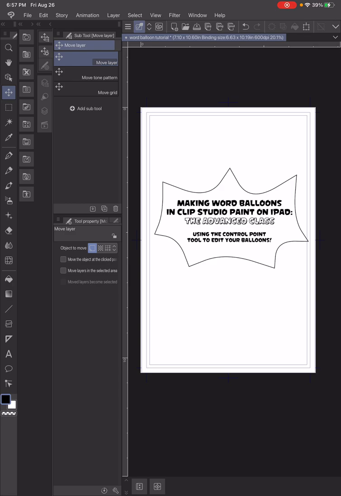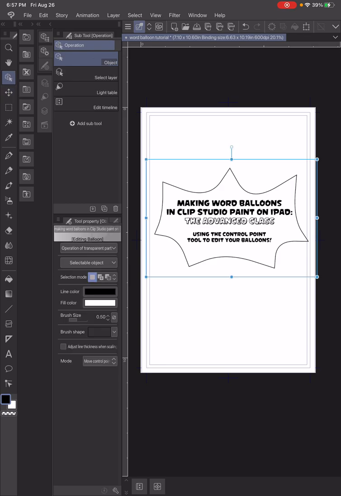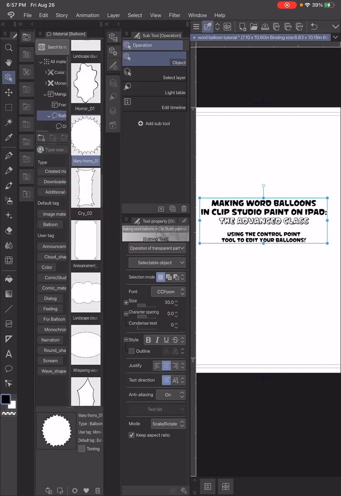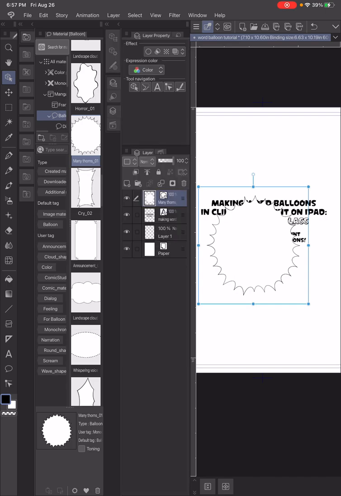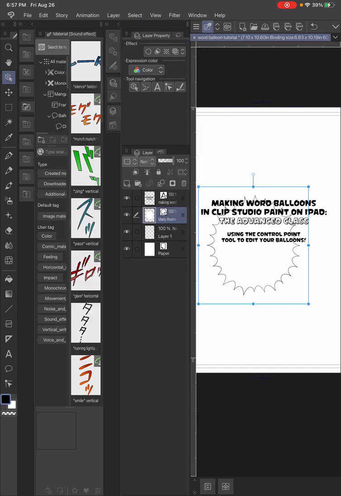You might be saying to yourself, well, Eric, why would I need to do any of that? Because Clip Studio Paint has all kinds of specialty word balloons already loaded up in the materials window. And I'd say, you know what, you're right. When you're drawing comics, you want to save time wherever you can. So absolutely make use of those preloaded word balloons, but